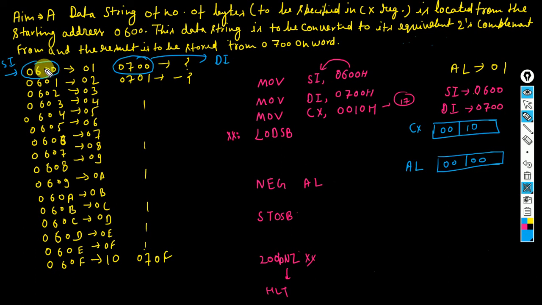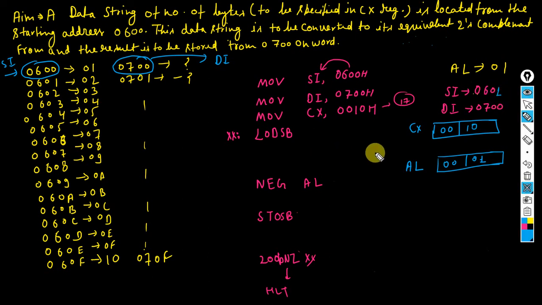After the execution of this step, our accumulator data is replaced by SI data. SI data is 01, so our AL data is updated by 01, and also SI value is updated by 1, means it indicates 0600, means after the execution of LODSB it indicates